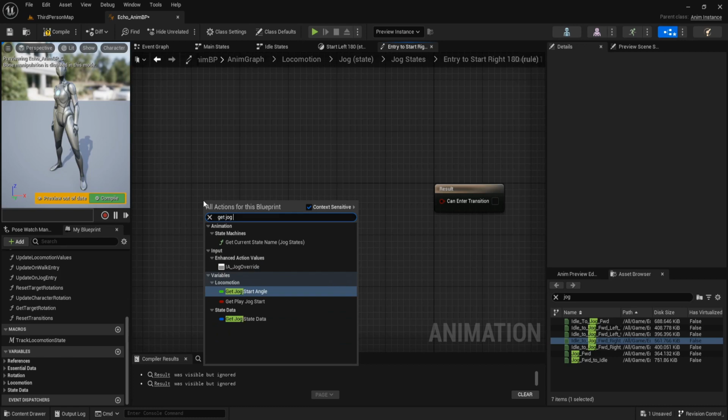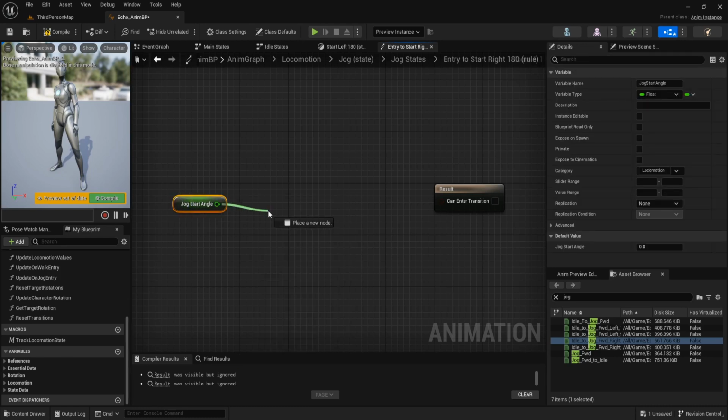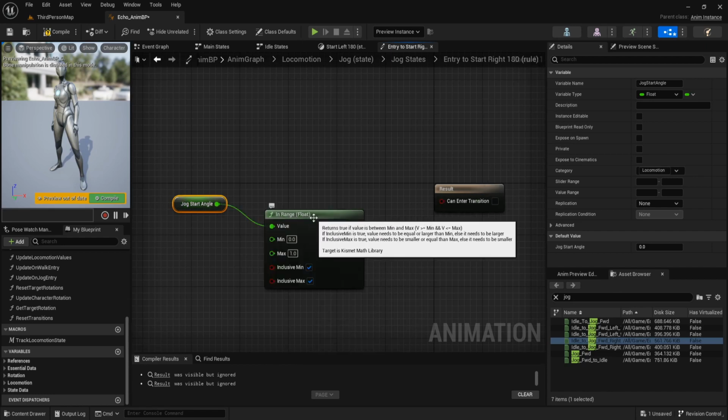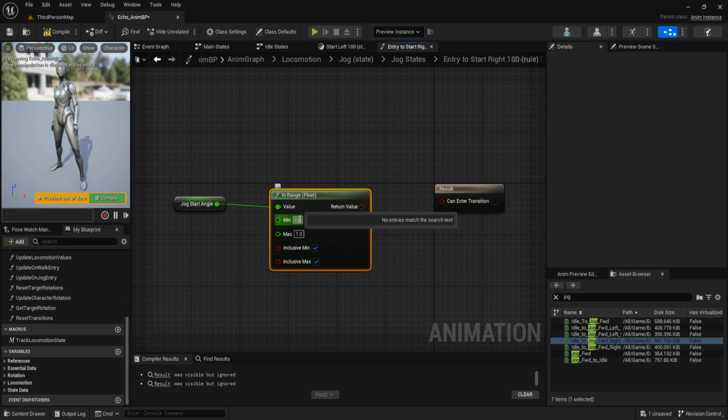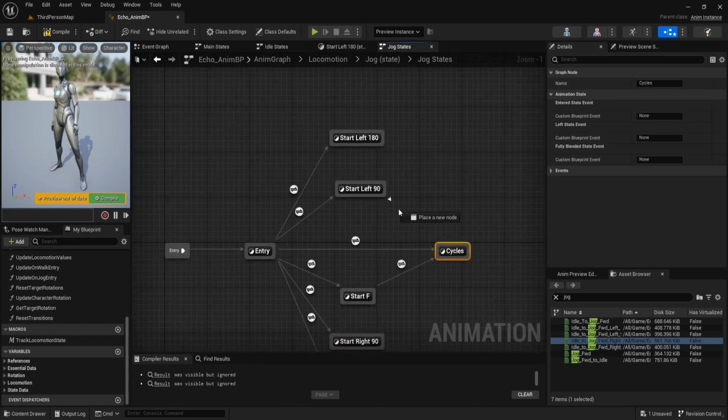Get jog start angle and call in range, float. Min is 135 and max is 180. Min set it to false. And then make transition to the cycle.